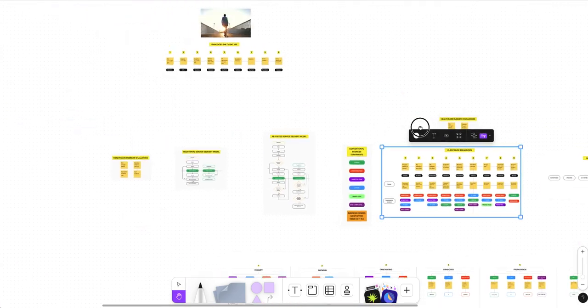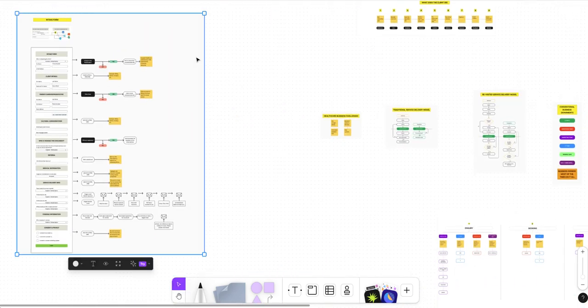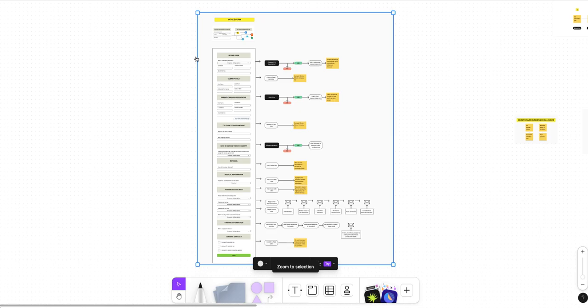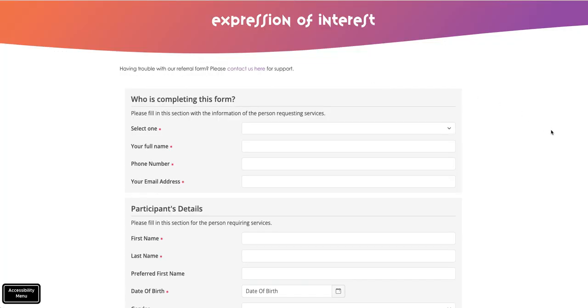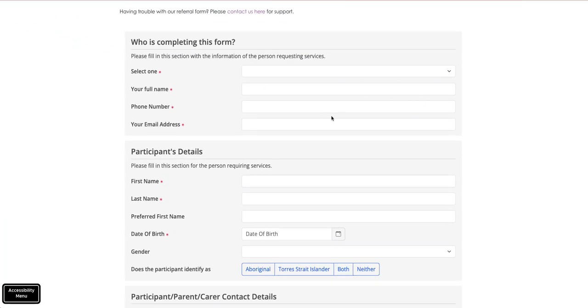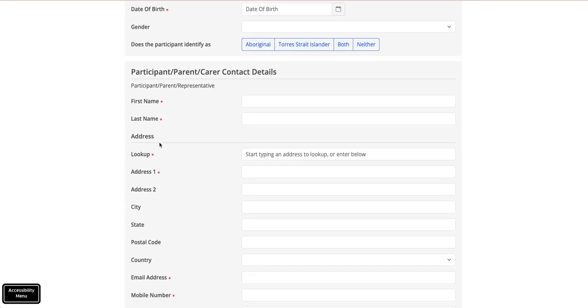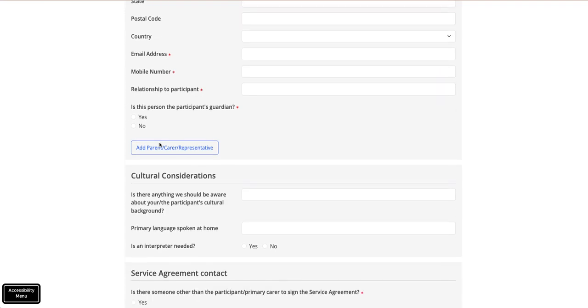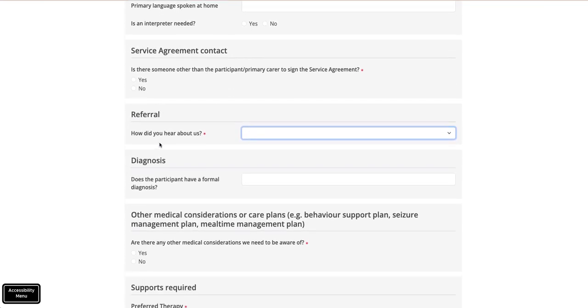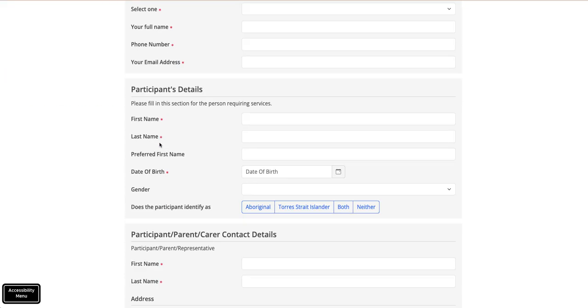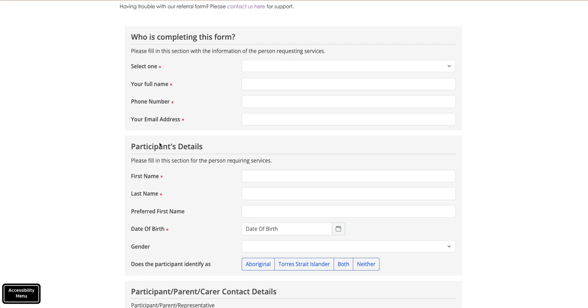So if we look at a form, we know what it looks like, basically something like this. Let's look at a real form. We have different sections, and different data that we will capture in order to gain all the information we need. This is what the form looks like in the front end.